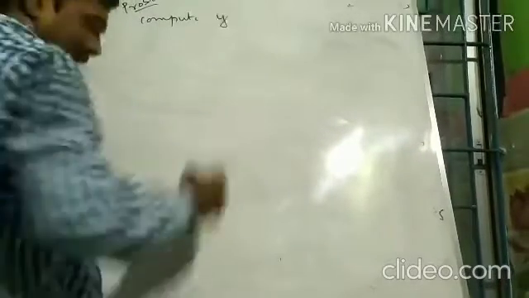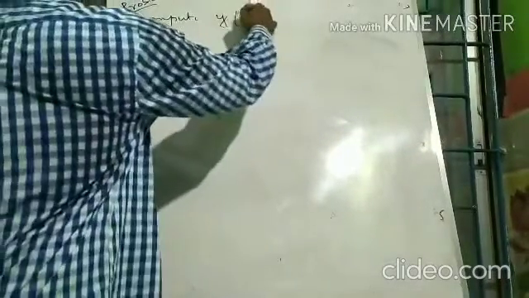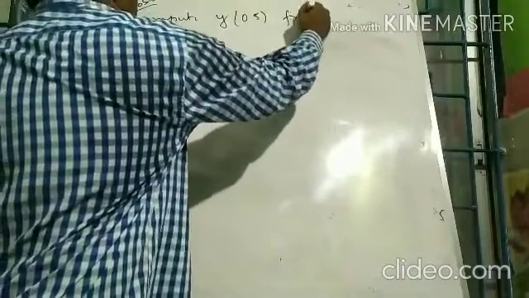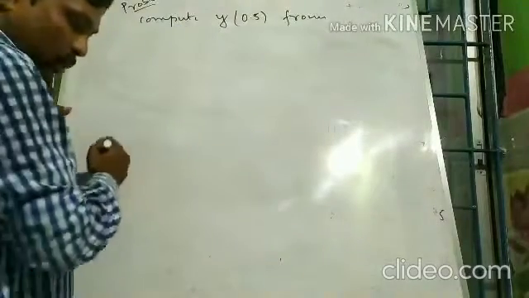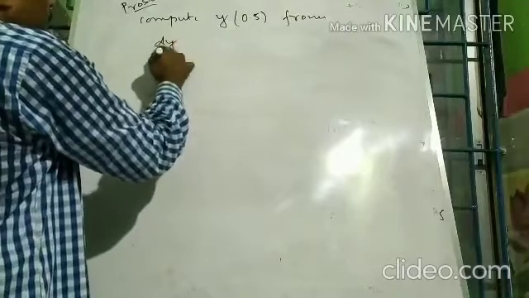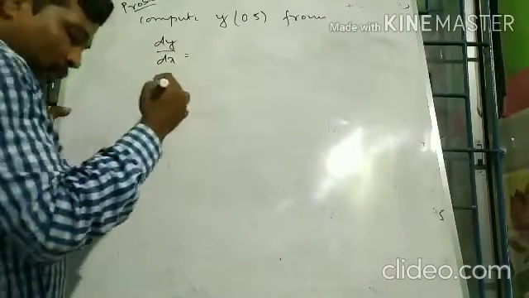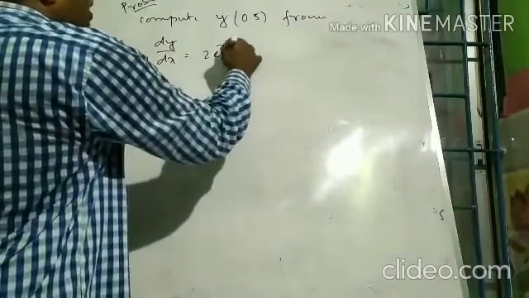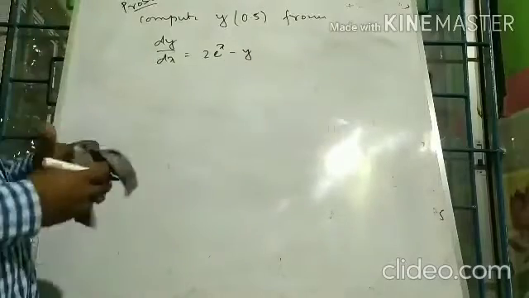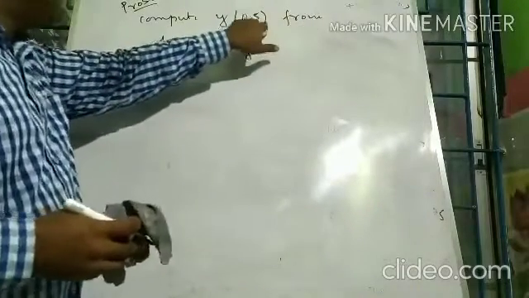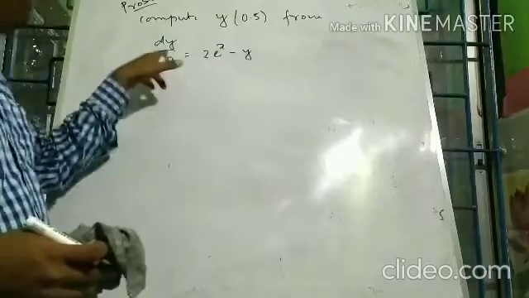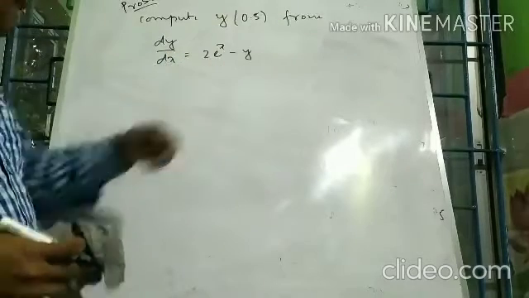Compute y 0.5 from the differential equation dy dx equals 2 into e to the power x minus y,